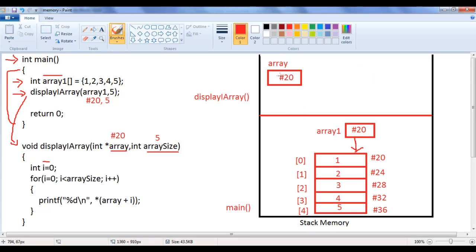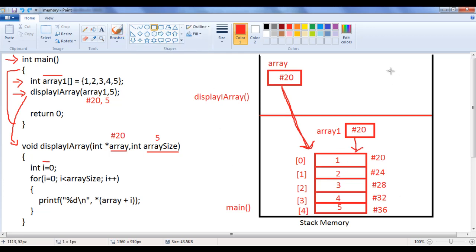And we know that once we store an address inside a pointer variable, it starts pointing to that memory location. Array pointer variable points to the memory location which has the address #20, and that is the first element of the array1, guys. array and array1 both are same, guys. They both are similar because they both have #20. Both are pointing to the first element of the array.